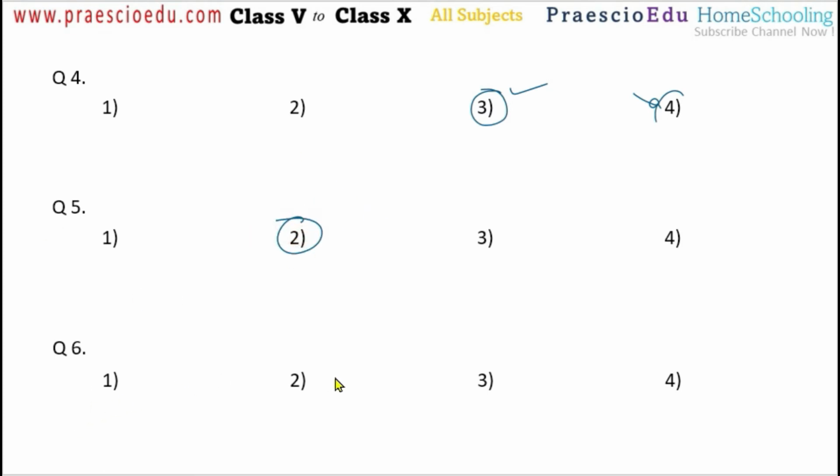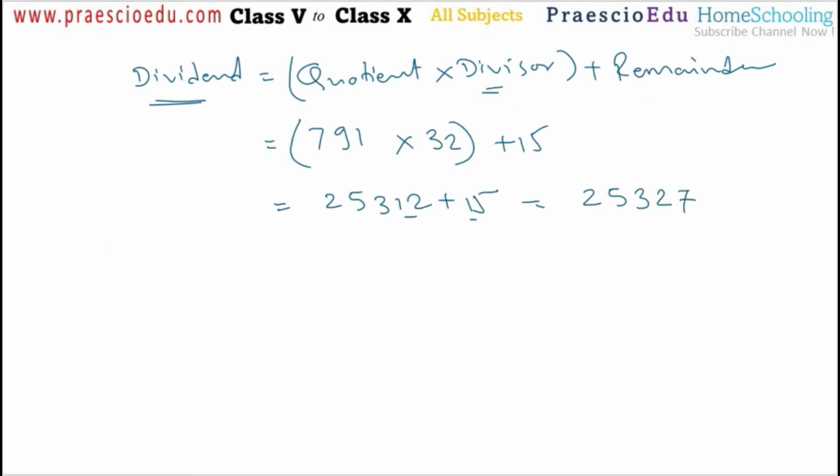Now question number 6, when a number is divided by 12 instead of 18, so this is important. So suppose this is an unknown number, okay, divided by 12. So what it is saying is that divided by 12 instead of 18, the same number is that one, the quotient increases by 20. So instead of 18, if we divide it by 12, what is the quotient? Suppose here some quotient comes, here also a quotient, and this increases by 20, okay. So we have to find out this number.